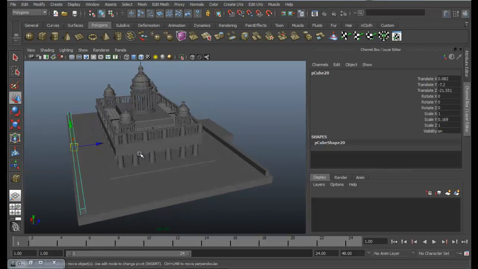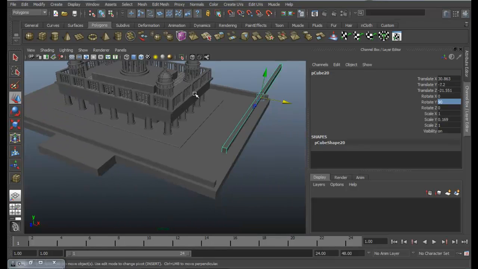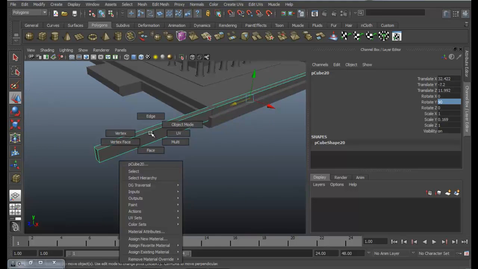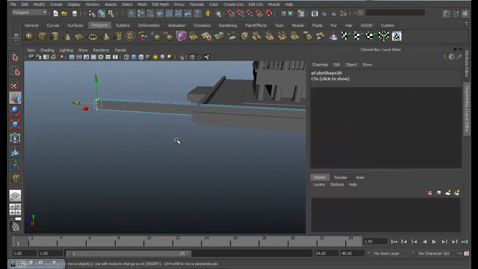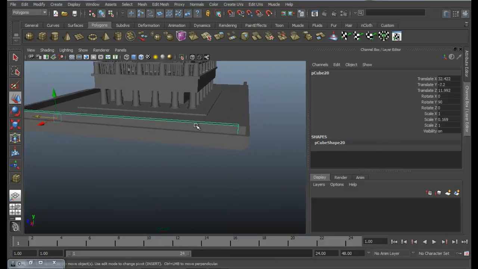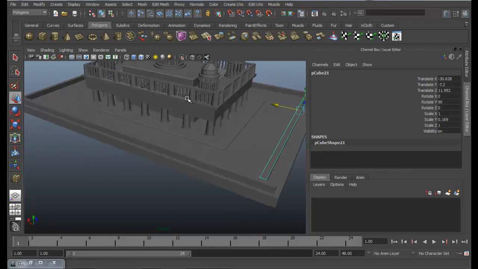Once again, duplicate it and rotate it 90 degrees on the y-axis. Okay, that's that. And then just reduce the vertex. Once again, can duplicate it for this side as well.